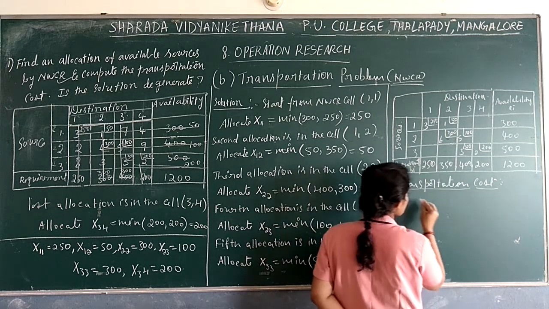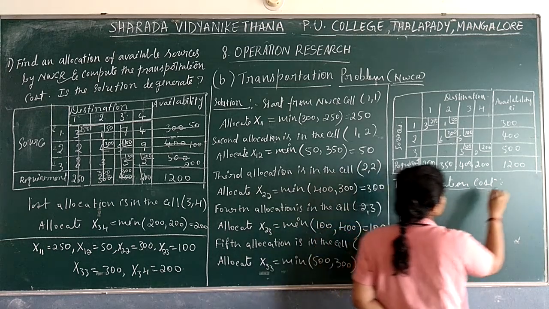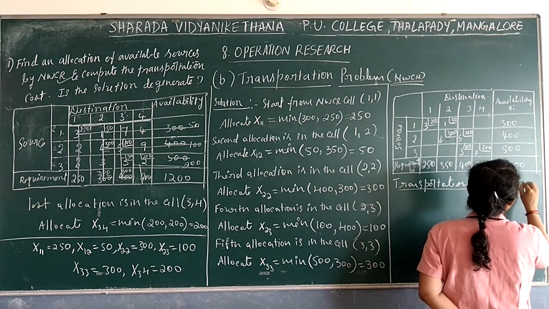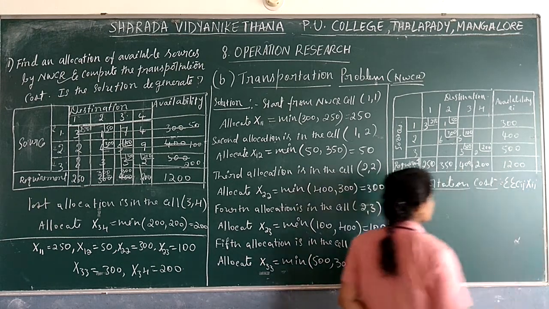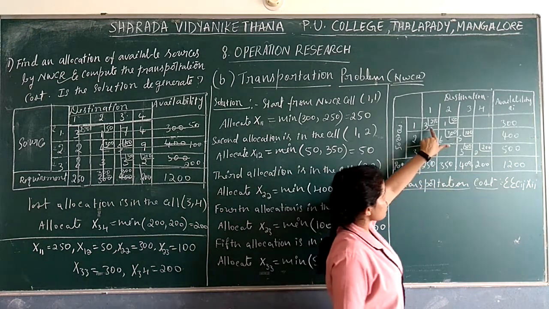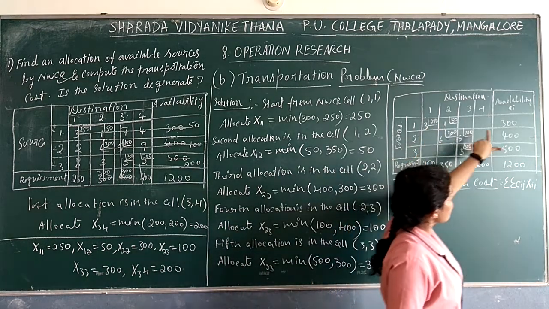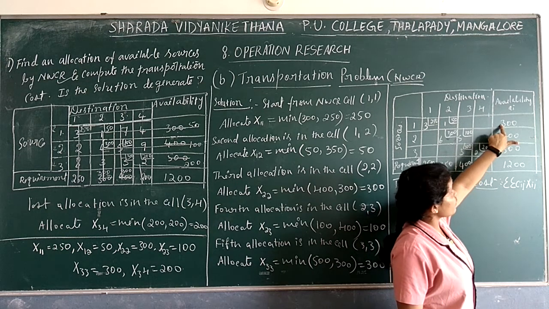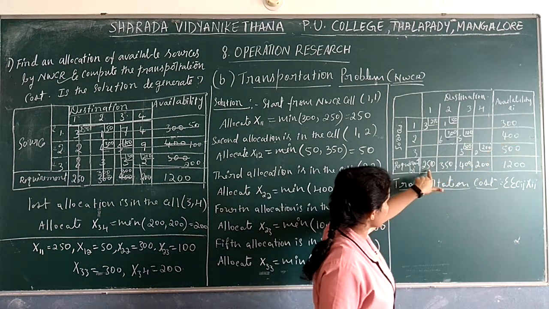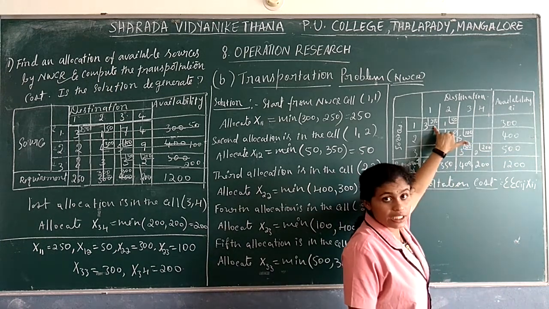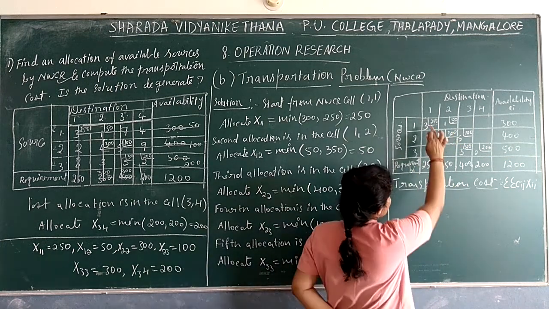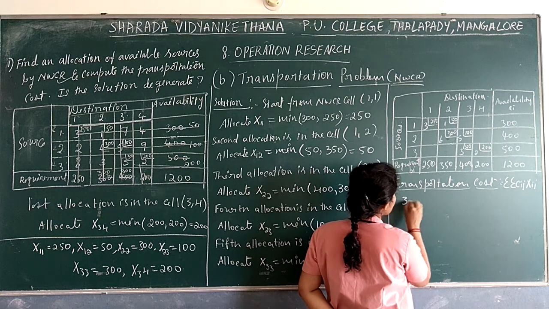As I said, that is how to find out sigma Cij into Xij. What is that Cij? Cij is cost, the cost of the different destinations to different sources. That is Cij. Xij is what we allocated here. So here first we take 3 into